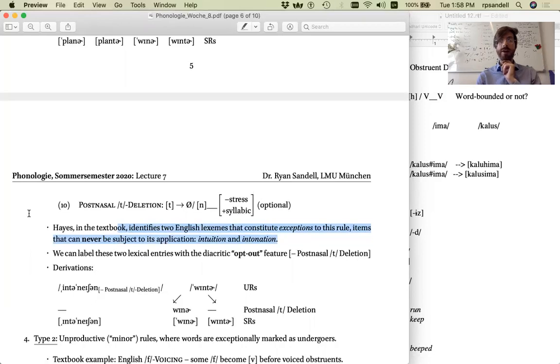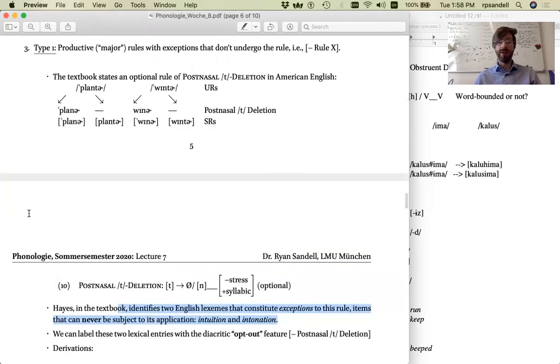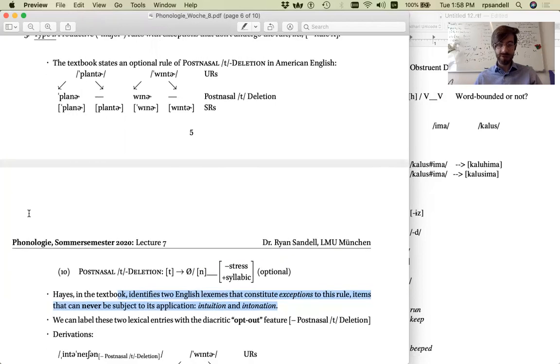These are the words intuition and intonation. So trying to produce forms like intuition, you can see from my reaction that that seems pretty strange. Intuition with deletion of the stop, or intonation, again, sounds very strange,